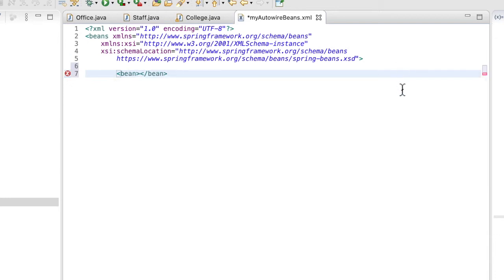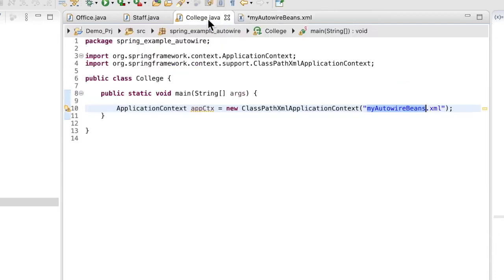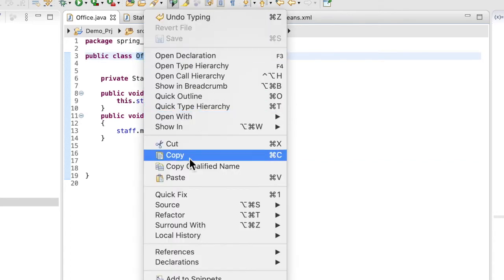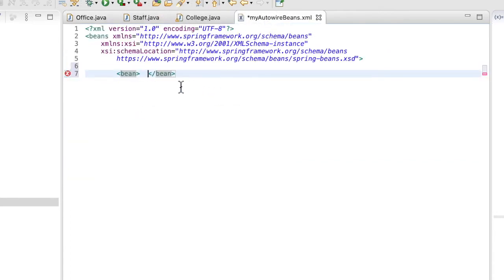So first I need the object of my office.java. I can take the fully qualified name of office.java here, give some ID here, bean id equal to, suppose, office, and then the class will be, I'll just copy this class in, right?